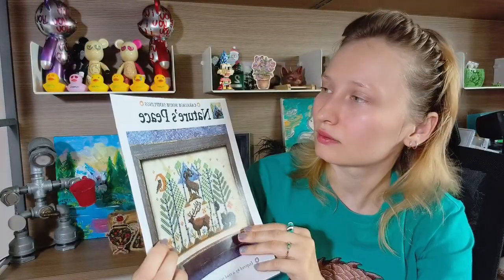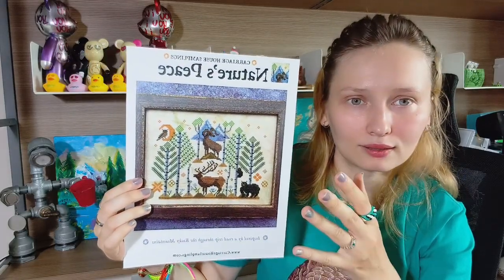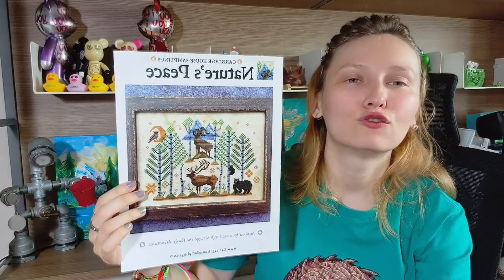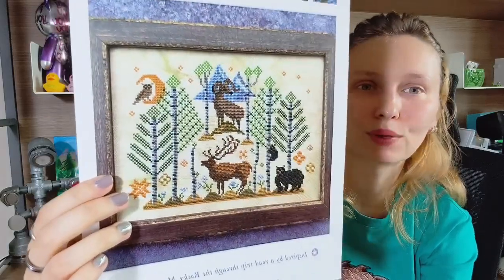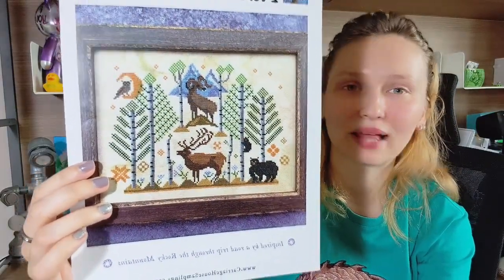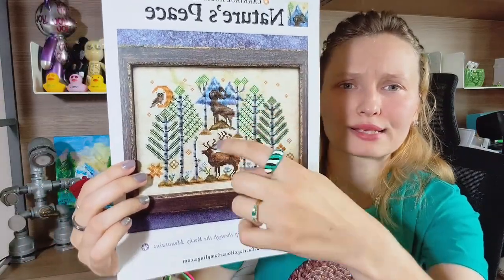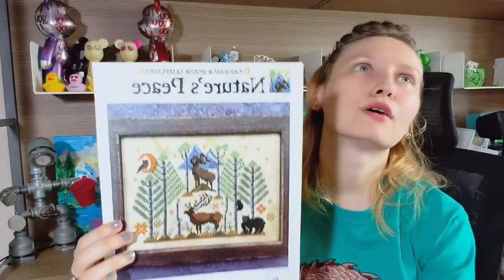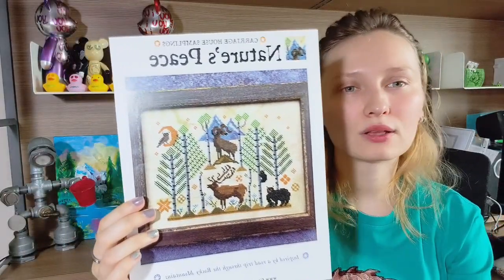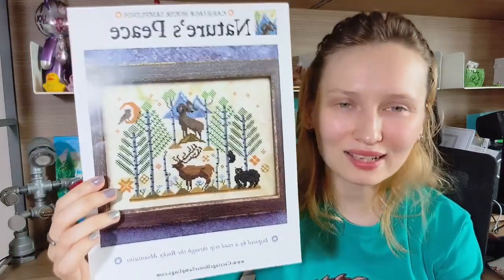Cottage house samplings, nature's piece. I think it's like some Rocky Mountains inspired scenery, but for me personally, I see some Russian motifs there because there's birch trees, like 100% Russian, and then black bears. We don't have this moose or whatever this animal is, but still, the whole mountain thing, it's like the eastern part of Russia, the middle part of Russia. It does give me those vibes, so I am maybe a little homesick, and that's why I want to stitch